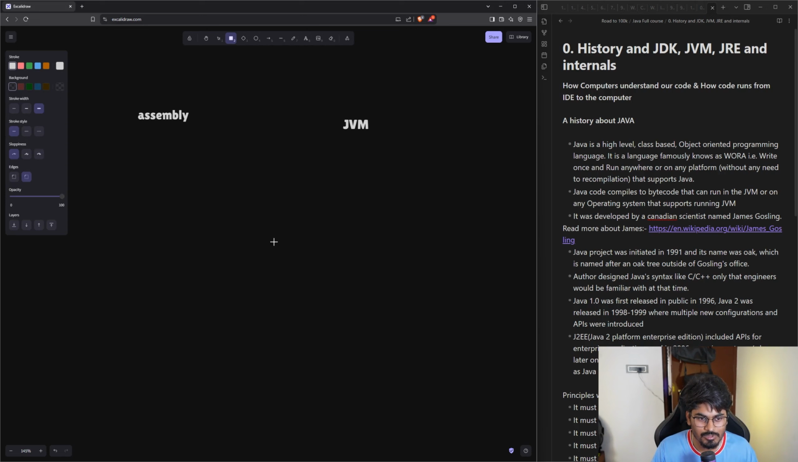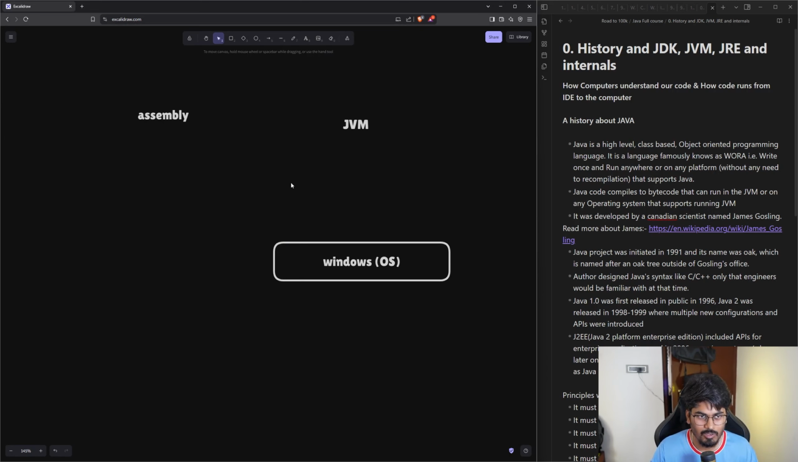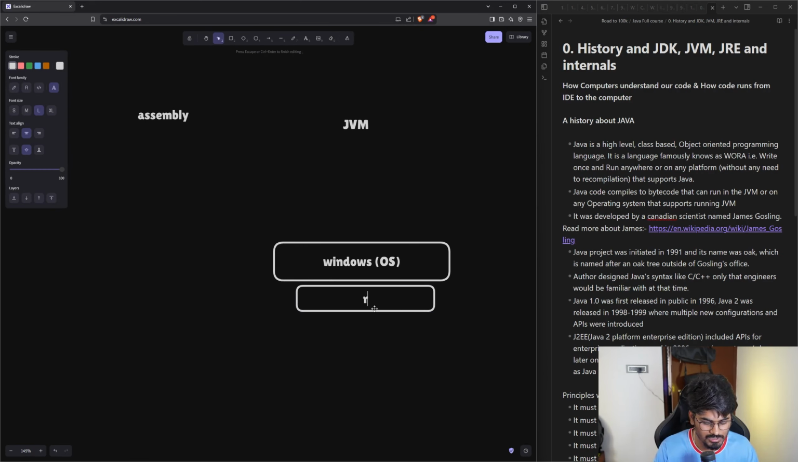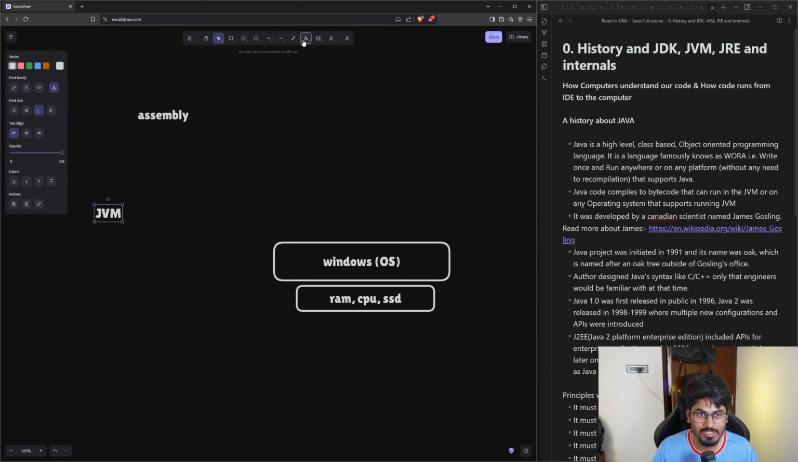So basically, let's suppose my current host is Windows. So my Windows machine, my Windows operating system, right? And beneath my operating system, I have some resources like RAM, CPU, SSD, some storage, etc. So the thing is that other languages like C, C++, they run directly on your